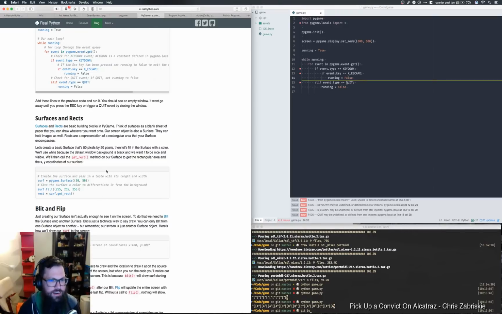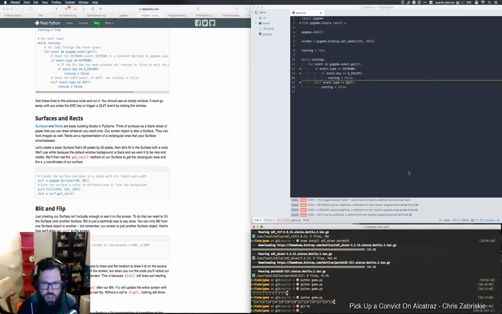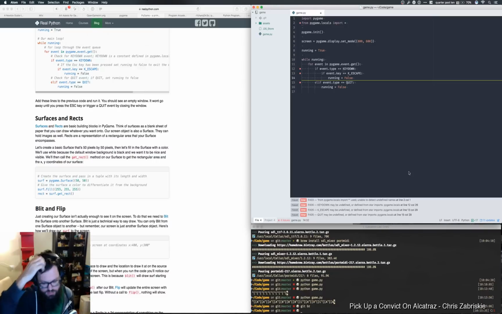So the next thing here in this tutorial is talking about surfaces. A surface in Pygame is just something that you can put something on, right? So if you're used to doing web development and you have a div, you can put whatever you want into a div, basically. Or if you're doing front end stuff and you're doing